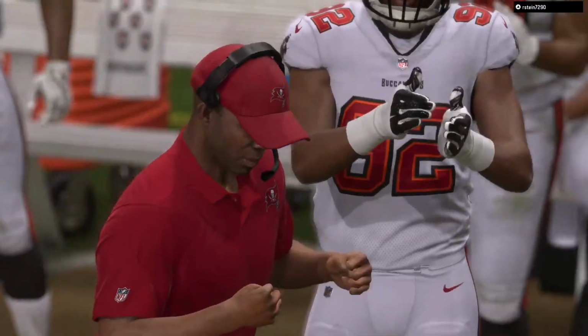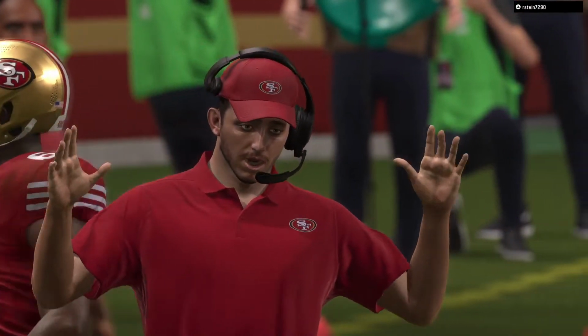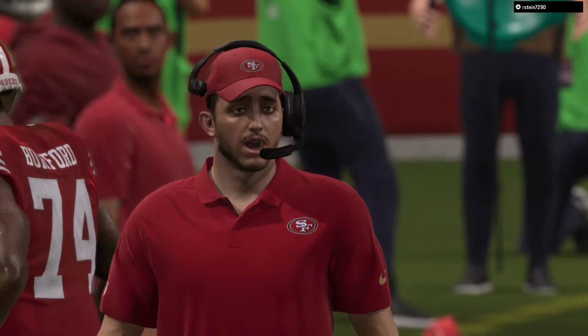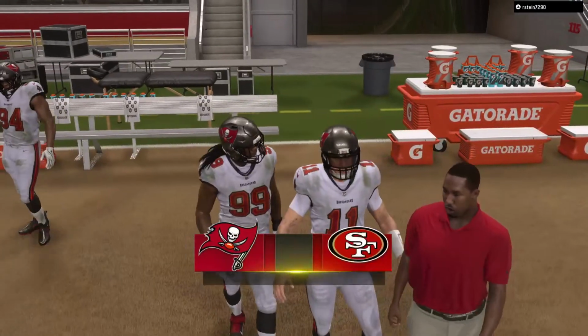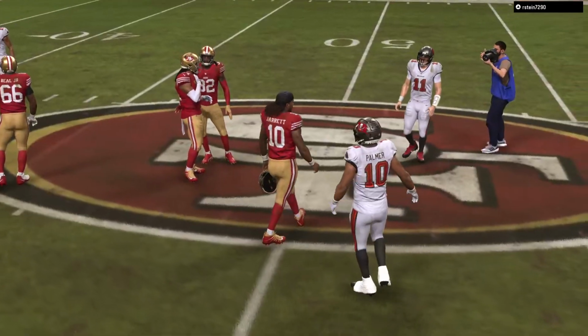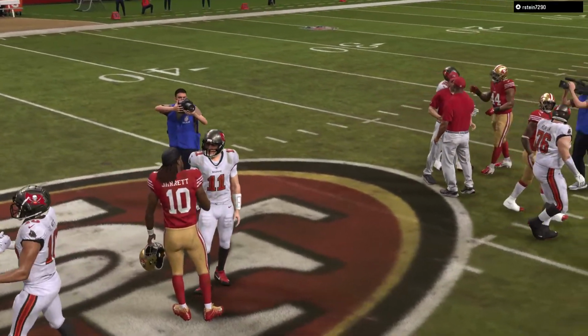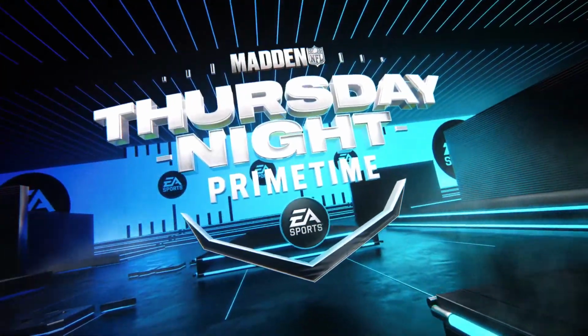Here's another completion for big yardage. So time has run out on what will be a Tampa Bay victory, and they were really helped by their defense, forcing 3 turnovers. I think what we saw in this one, today's defense. And what I mean by that is in the old days, pitching shutouts was big time. That was paramount. But the big thing was holding people down, holding down their yardage, right? Don't let them throw the ball through the air and gain a lot of... But now...